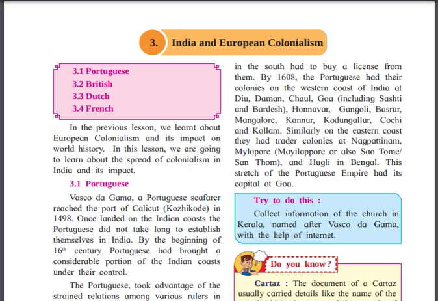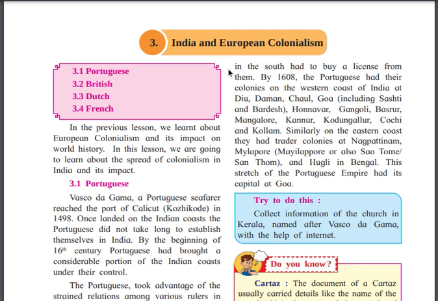In short, I can say which foreigners came to India and captured our land. They occupied the land of our country. Most of you are already aware of it. Here it is written 3.2. The British captured India, and most people are already aware of it because the British stayed for a long time. They captured India for the long term. That's why most people are aware of the British Raj today.